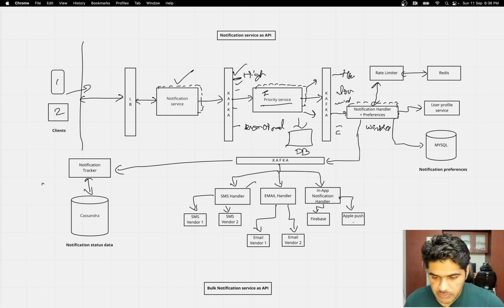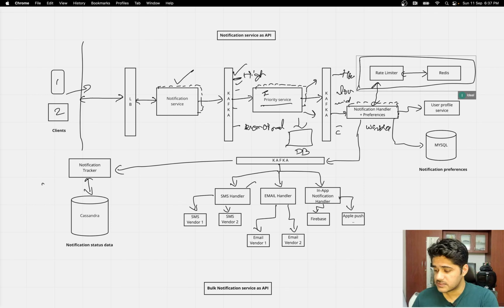Now normally rate limiting is an external support to your system, where the rate limiter is a service in itself. It has its own design, and we can discuss that. Think of it as another box which has its own data, to decide that for this user, this many notifications you have already sent in a day or in an hour.